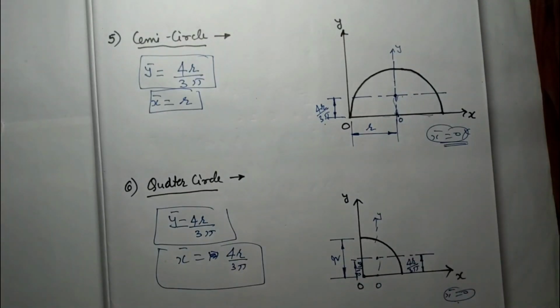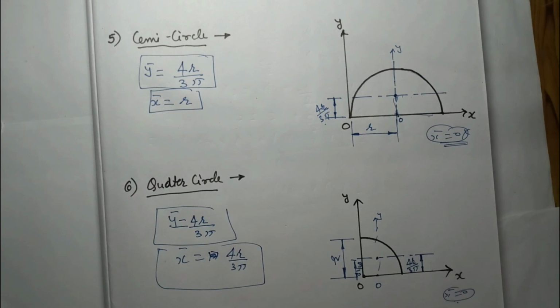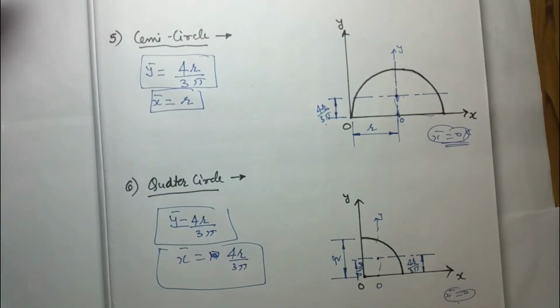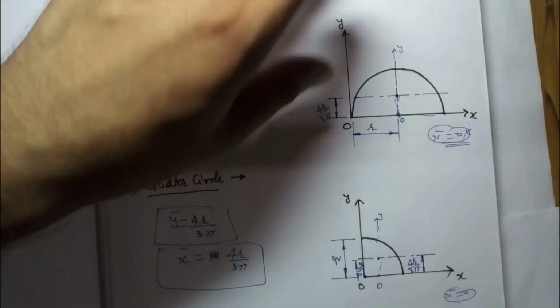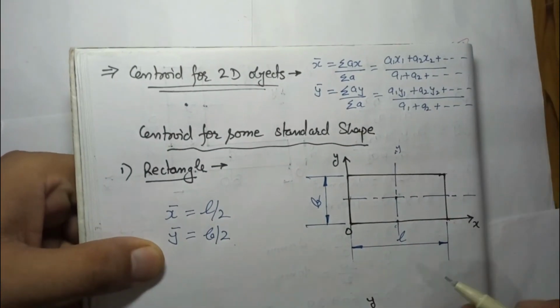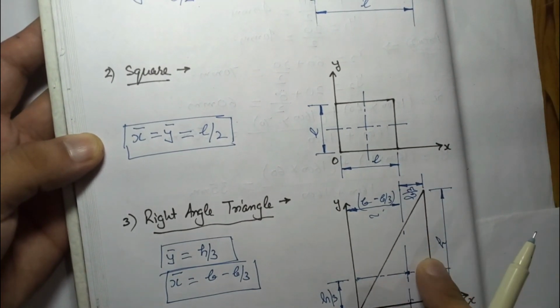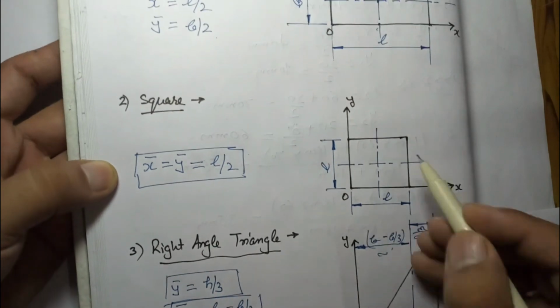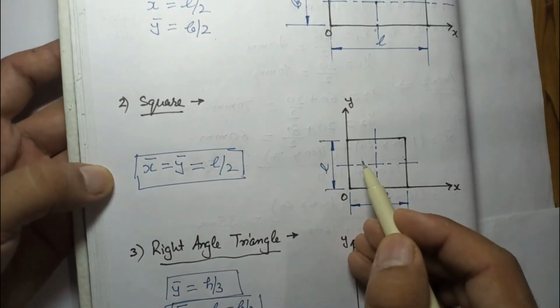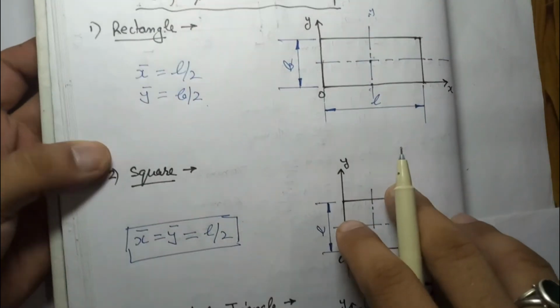So in this way you can solve any numerical. Generally we have these shapes only, and when a complex shape comes, having a combination of these and a rectangle, we will find the centroid for all the surfaces separately and then use the same method. Let's say a square is coming with a triangle. We will find x bar and y bar for this object separately, and x bar and y bar for this object separately. Then we use this formula and combine them for the complete object if a combination comes.